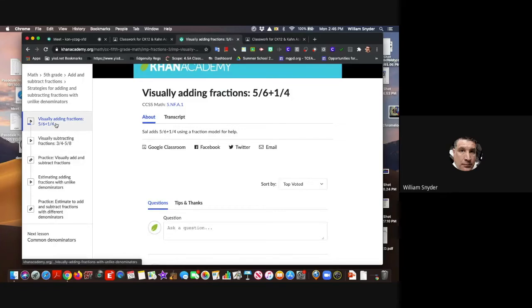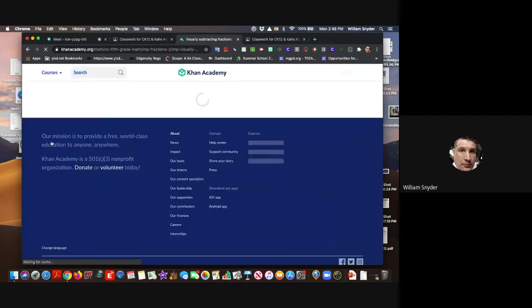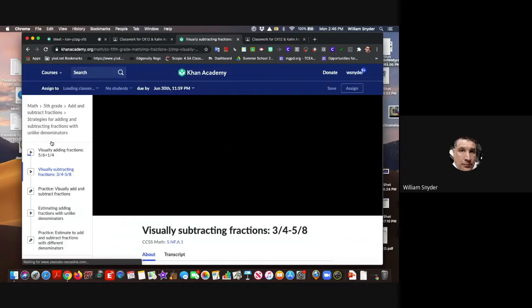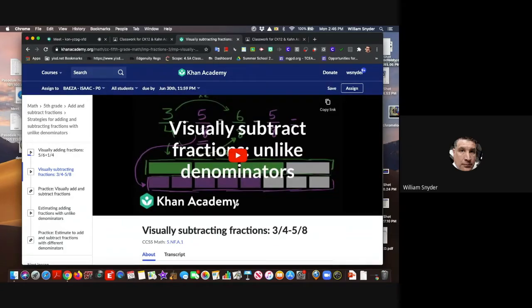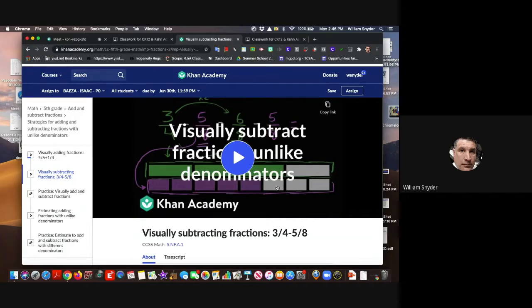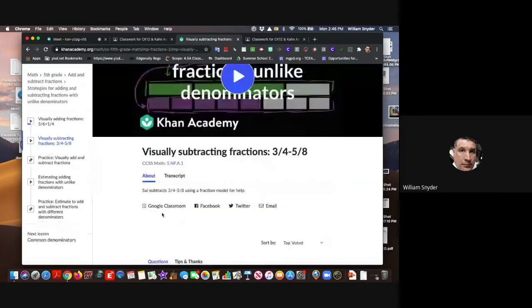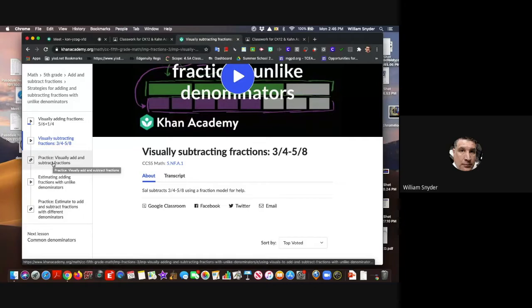And here I have the different videos and sections as I go down. Notice the next one is visually subtracting fractions. When I click on it, it's going to take me to that section. Again, it's that video. Again, I have that Google Classroom. Now, let's take a look at a practice. Visually add and subtract fractions. Notice as it goes down, it's the third one in this section. So when I click on it,